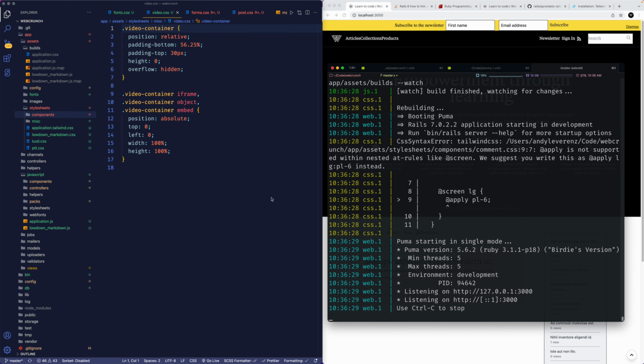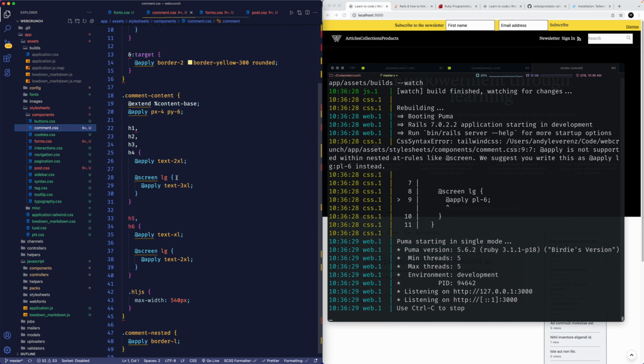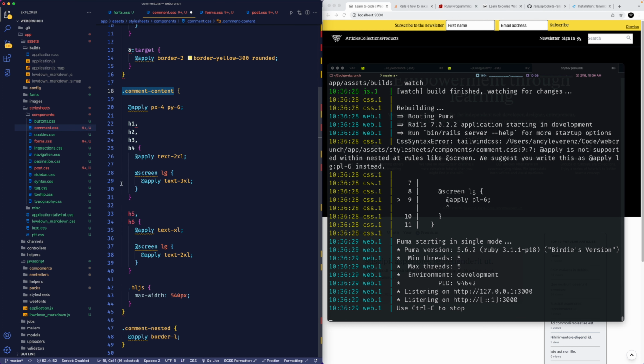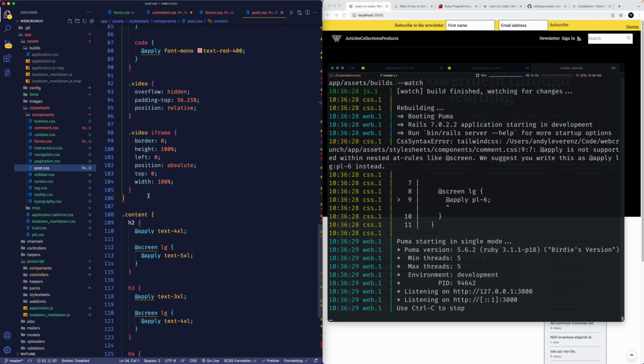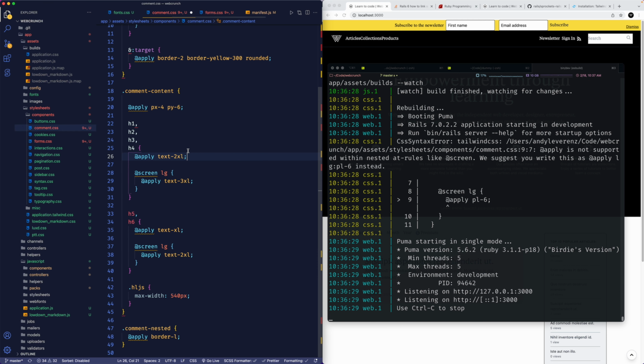Okay, so this is gonna bark, which makes sense. It's just like a syntax rules on comment. When you use this @screen thing, they typically want you to do. That's not gonna work either. Let's go to comment content. And go back to content. Where did I go? Right here? Yeah. We'll do traditional CSS here. Just, well, done. And so the @screen thing, like I was saying, all these should probably just have